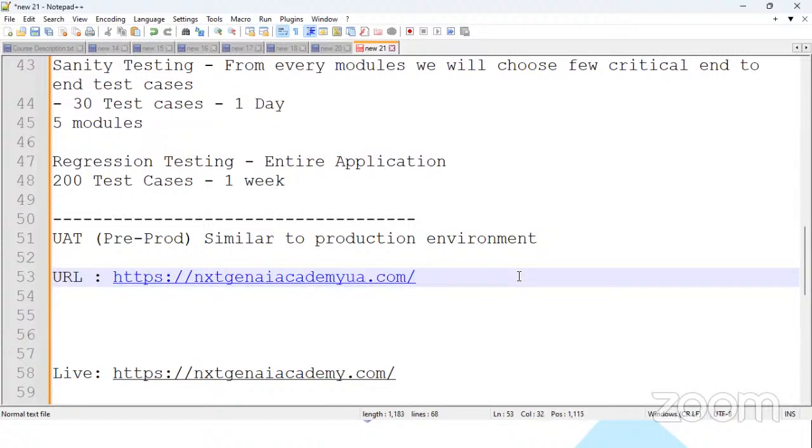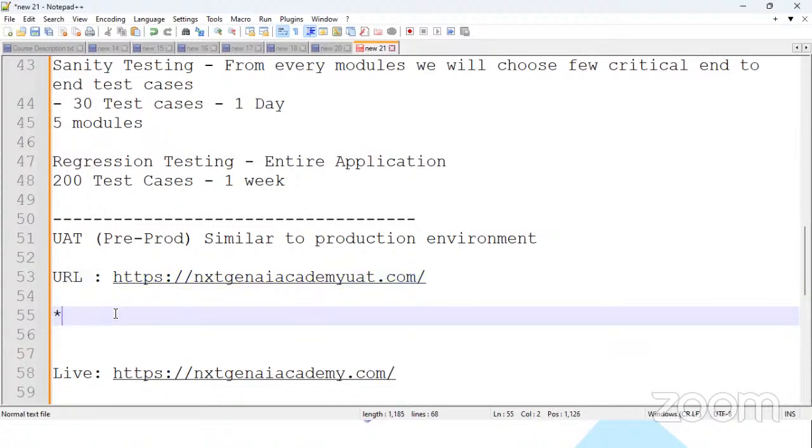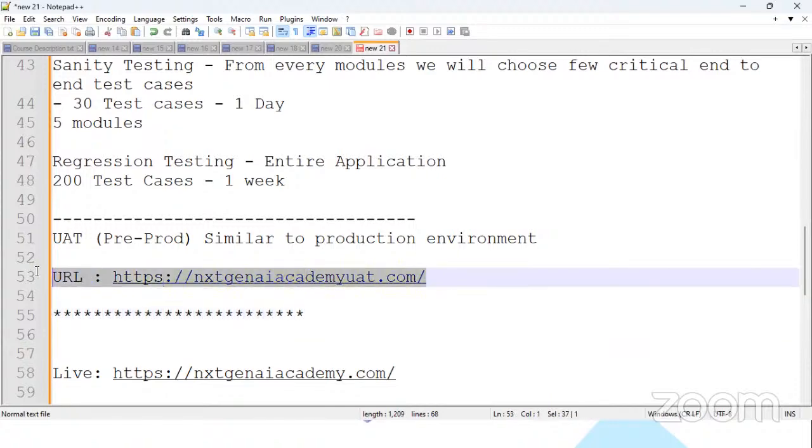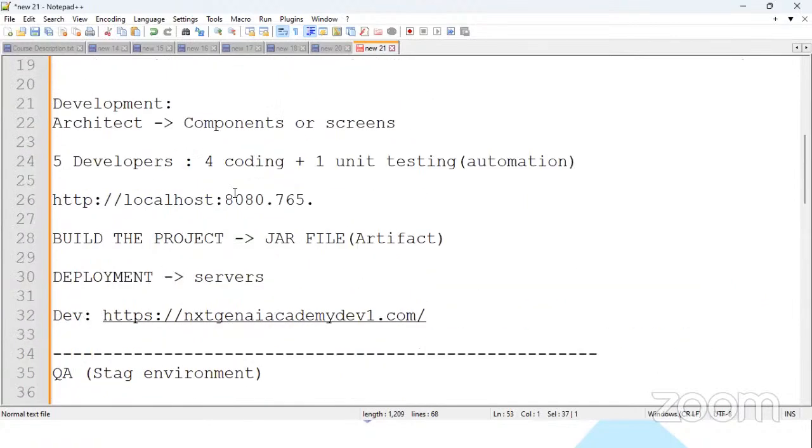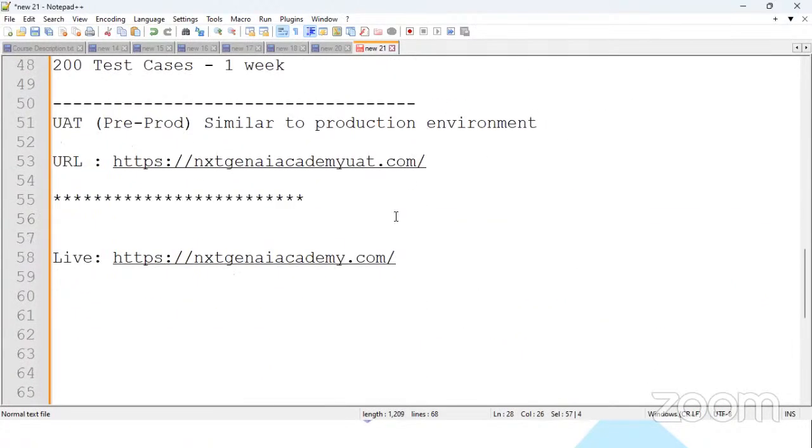Maybe I'll put it like UAT. So here they will test it. Is there any defect? They say, yes, there is a defect. Again, they will go back, fix it, test it and come back here. Once everything is done, after that, we have